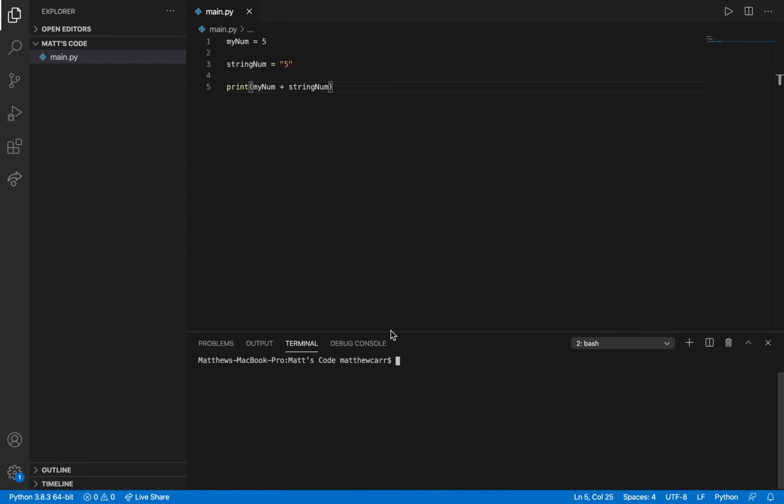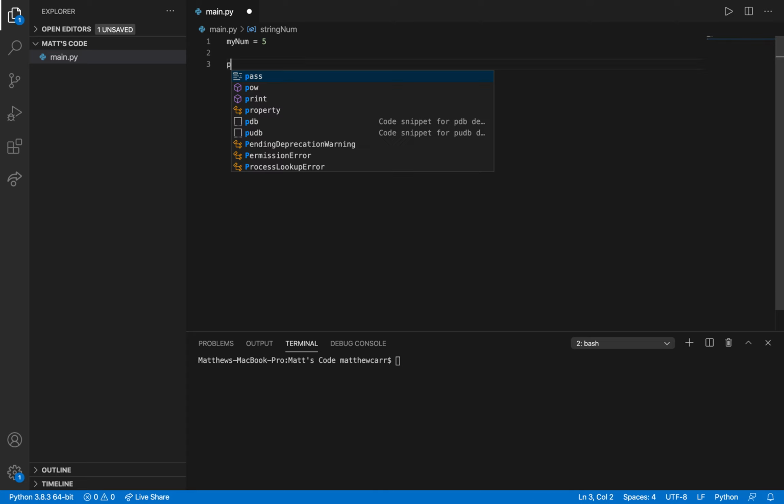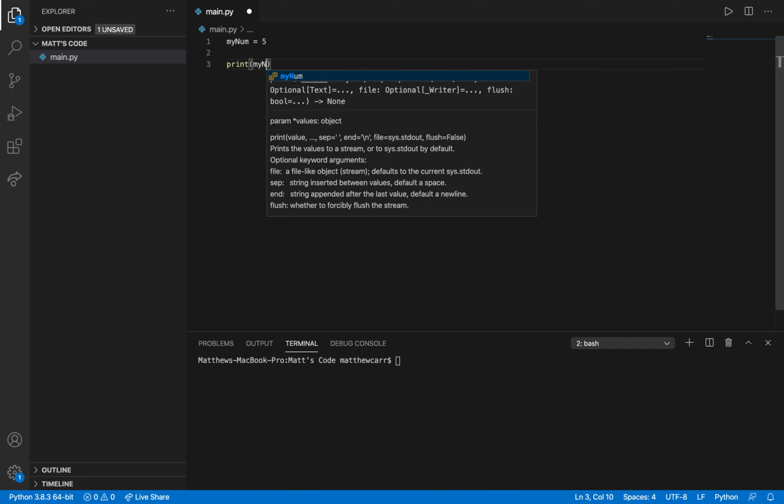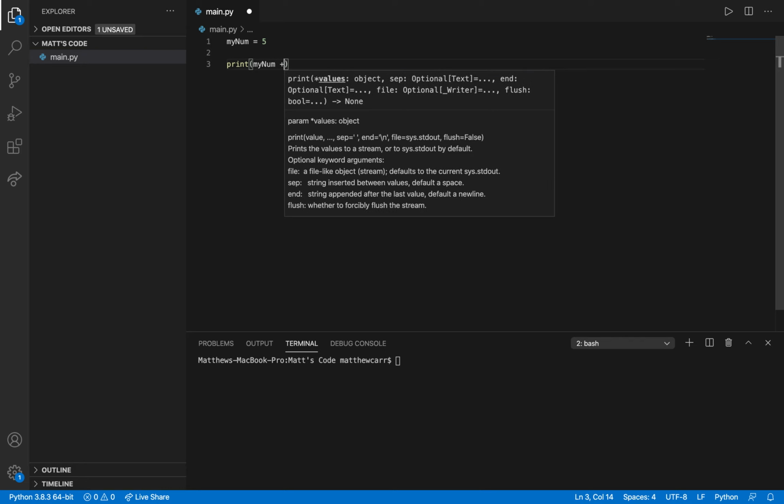But more on ints and floats. We can do simple arithmetic with these, such as adding, subtracting, multiplying, dividing, and more. So we do print mynum plus 5.